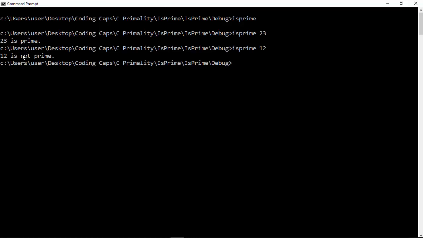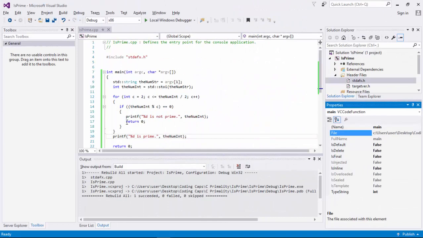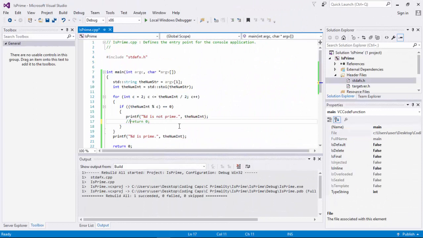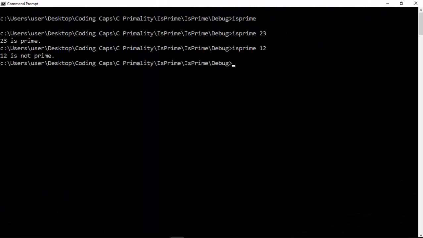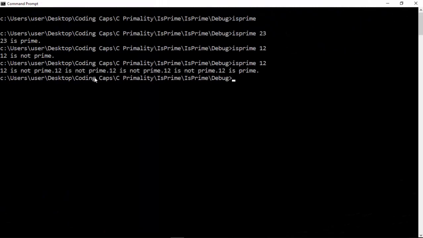And let us see the case if we somehow miss out the return 0 in the for loop. Let's say we miss out that line. Save it. Rebuild. If you run again for 12, we will see that the message is printed many times because 12 can be divided by so many numbers.